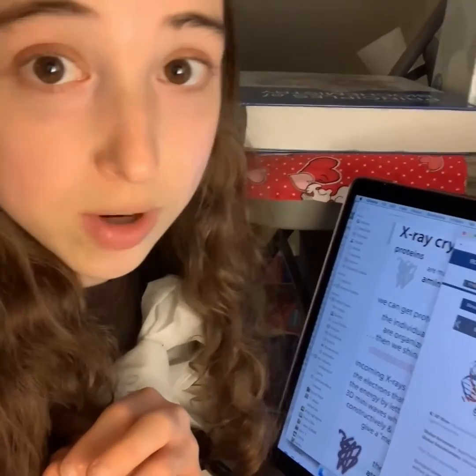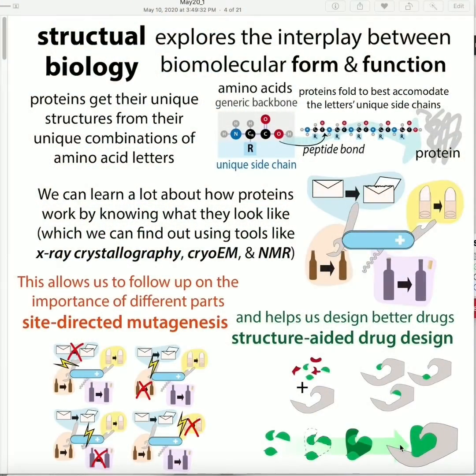So let's start with what structural biology is. Different parts of different proteins will do different things, just like the different parts of a Swiss Army knife are specialized for doing different things. If you were to look at, say, the bottle opener part, you could see, oh, maybe that's used for opening a bottle. The same kind of thing goes for proteins and other macromolecules, where the shape and the function